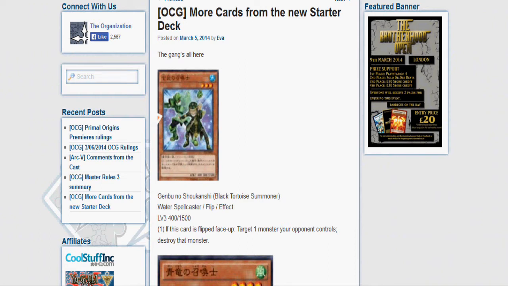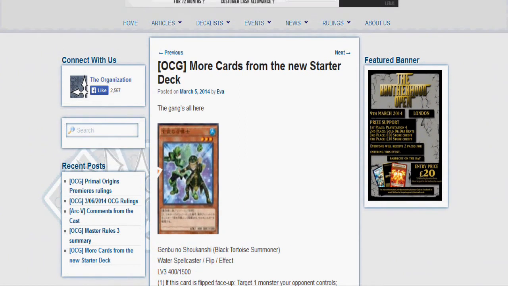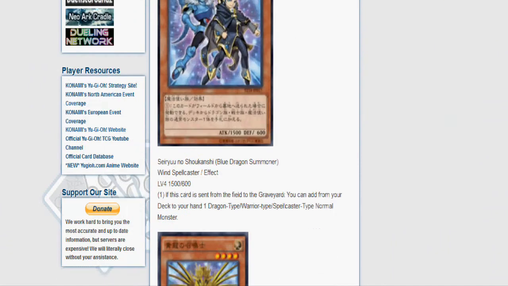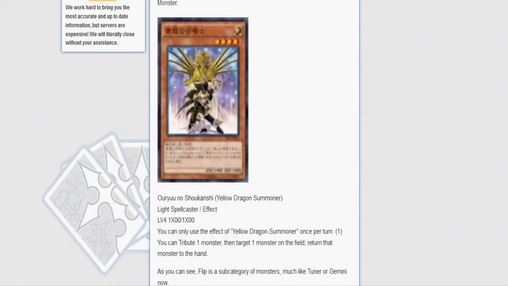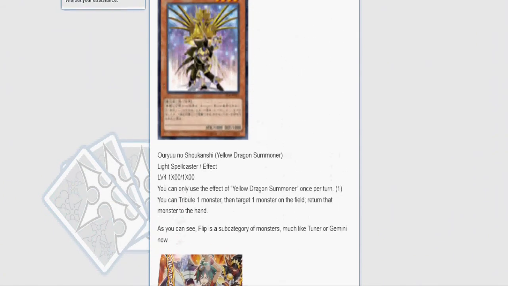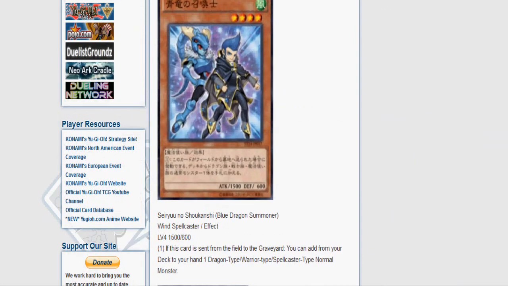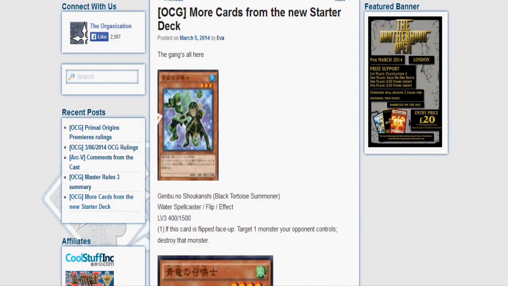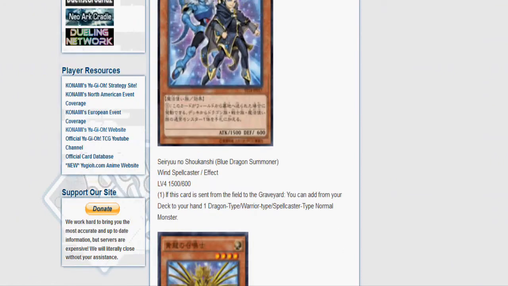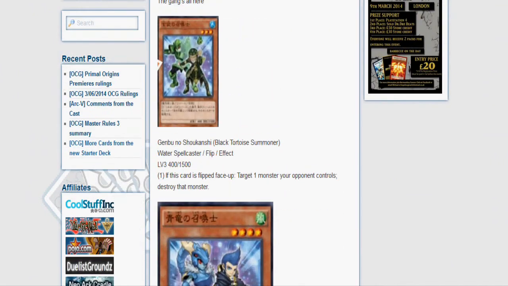First off, two new cards have been revealed for the 2014 starter deck. We have Black Tortoise Summoner and the Blue Dragon Summoner. Also a Yellow Dragon Summoner. We have three cards, my bad. The third one wasn't there when I was actually looking at this. So we have three new cards: the black, blue, and yellow summoners. Can anybody say Power Rangers? Anyway,